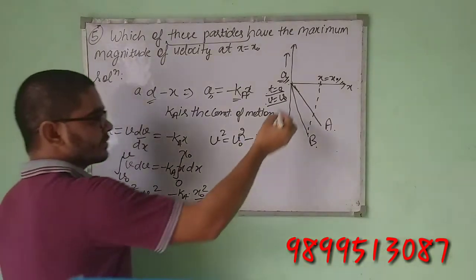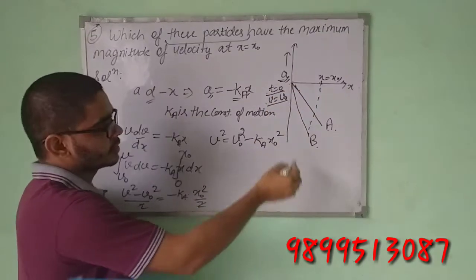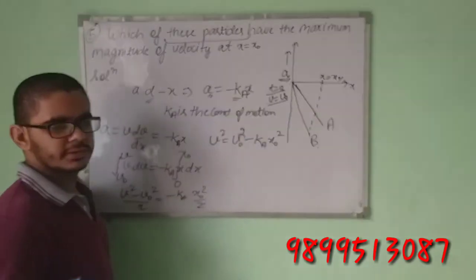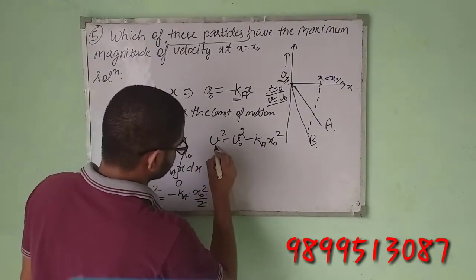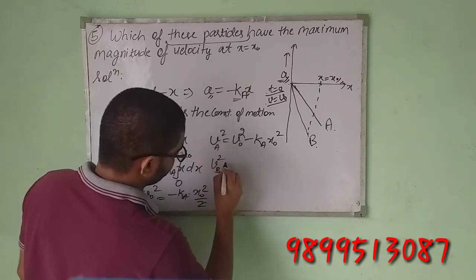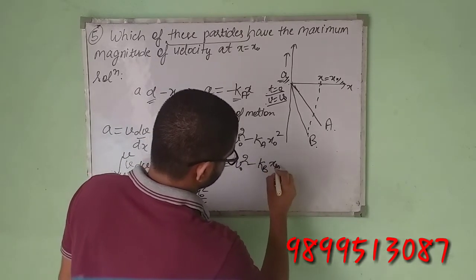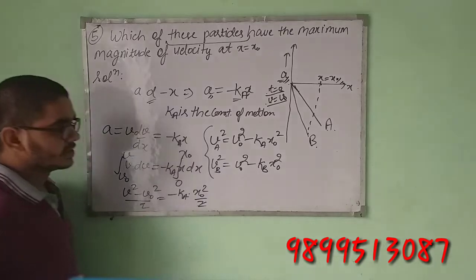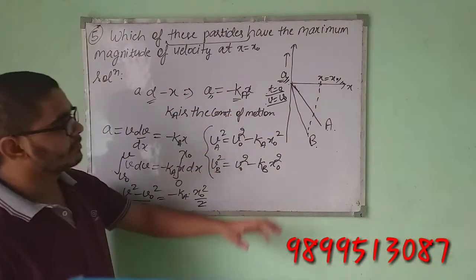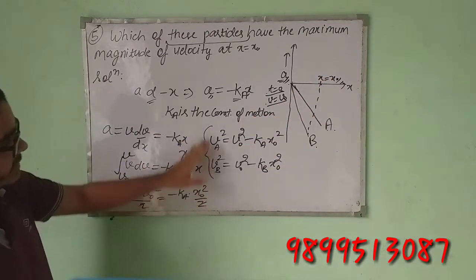Since we are having the same constraint and the same sort of path, that is a straight line, for particle B as well, you may infer that the same equation will turn out for particle B. That is, say this be the velocity of particle A, then for particle B, Vb square equals v naught square minus Kb x naught square. Now I need to determine which of these two particles will be having the maximum velocity at point x equal to x naught. How does this equation help me out?